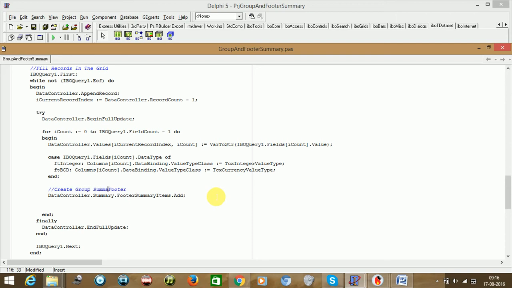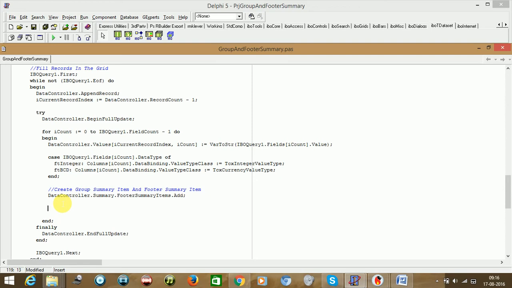Group summary item and footer summary item. But in the beginning we'll be doing footer summary, so after that group summary creation will be faster.